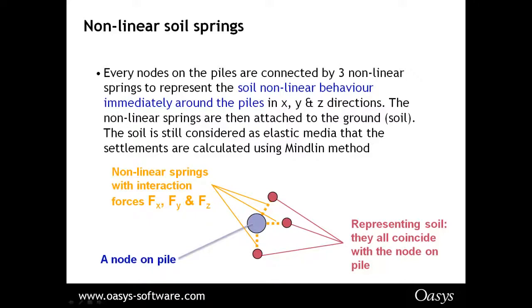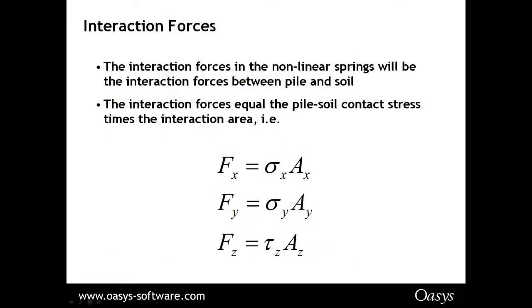Now, these are non-linear springs, but the soil is elastic. The static analysis is elastic, but it's a non-linear method overall. Now, these springs are derived based on settlement from the interaction forces. So the interaction force on a pile will be a function of the stress times the area, same as the interaction force on the underside of the raft. But with piles,